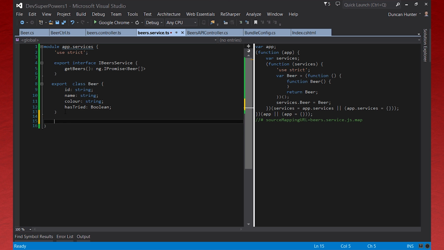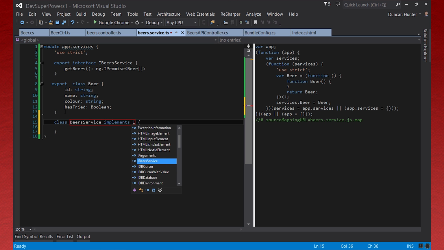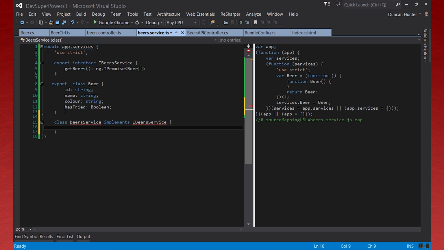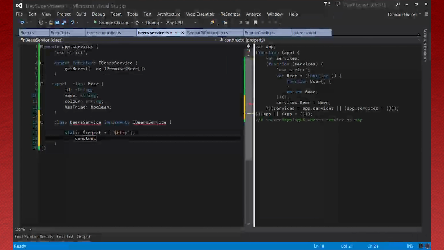So the next thing we need to do in our service here is we're going to actually need a class called BeersService. And it's going to implement IBeersService. And it's going to have a static $inject again, static $inject from the Angular service that equals an array of strings. And we're going to need that $http, like so. And then I'm going to need a constructor. Oh, didn't finish off the bracket there. Put it in brackets, like so. And a semicolon, and we want to put constructor,